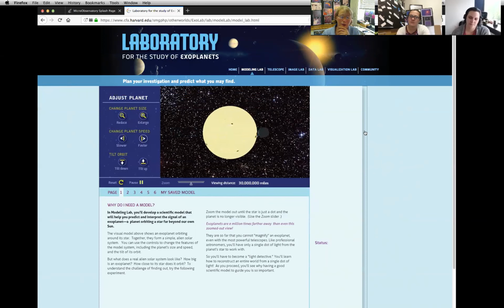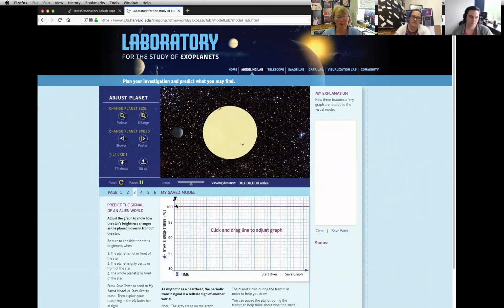So in the modeling lab with students, you have a chance to talk about the model that's behind this idea that the light from the planet is going to dip, and you can page through information about that. And in fact, you could ask your students, I'm actually physically dragging this. I'm making a prediction of what I think is going to happen here, right? So this modeling lab allows you to explore what you think ought to happen to the brightness of